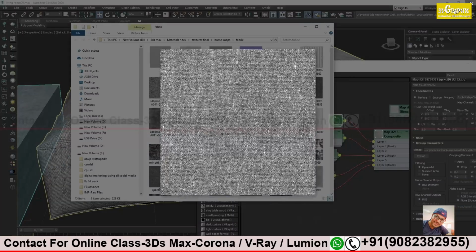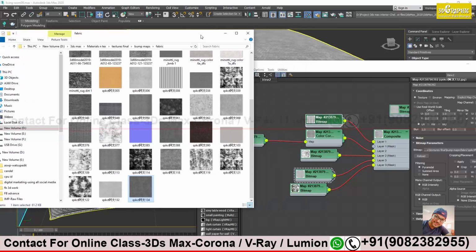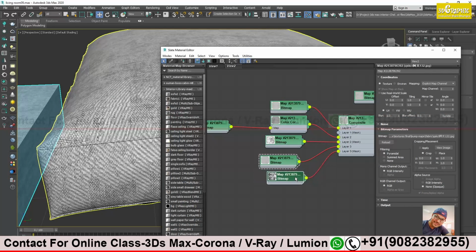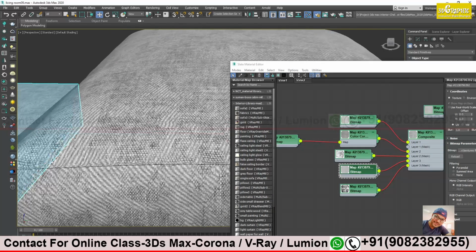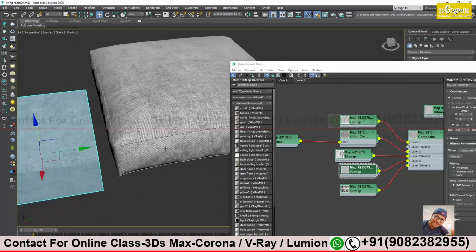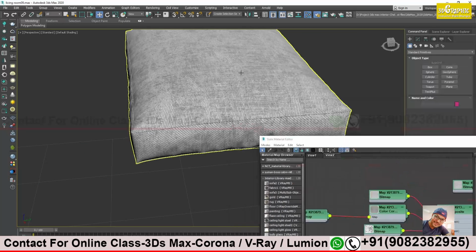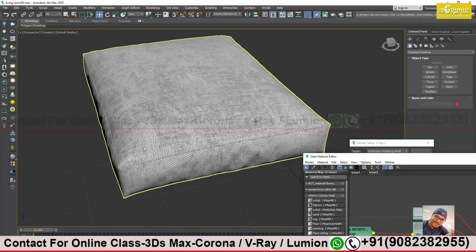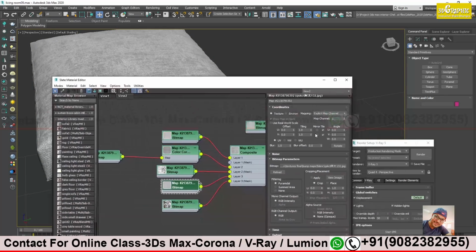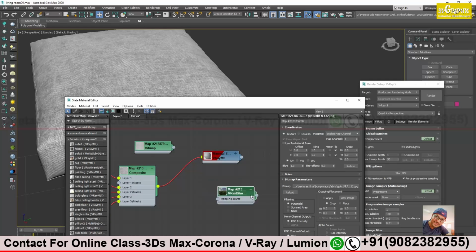I think I should leave this to you. Otherwise, the whole class will go on just one sofa only. I will try, sir. I am leaving this for you. Just experiment with this and get some nice effect. I'm leaving this much only. You improvise more on this. Otherwise, we will not learn new things. I will just teach you new things, new ideas, and your job is to take those ideas to another level and get some nice work. Okay. Fine.